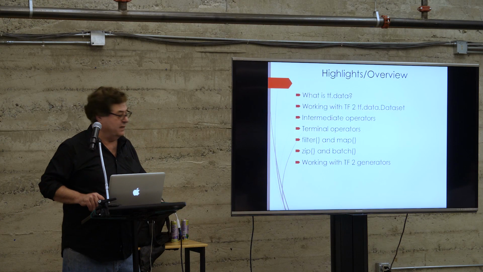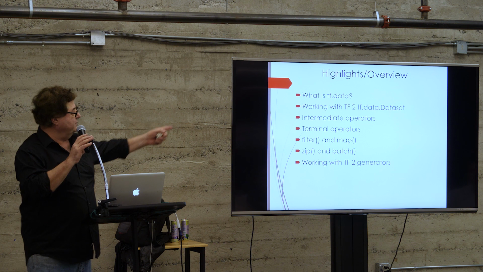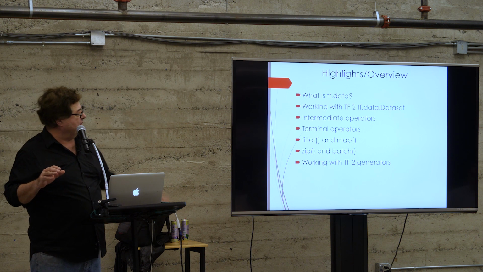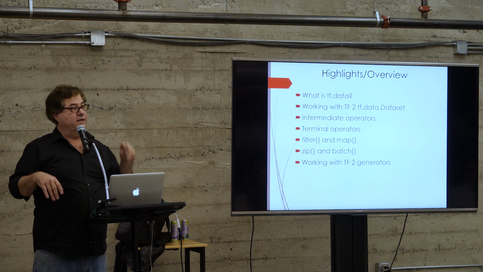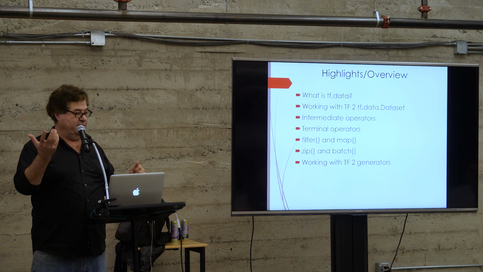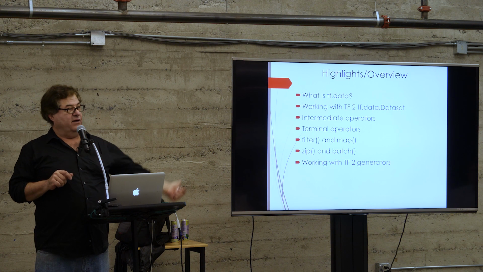So, okay, with that in mind, let's take a look at, I can't see a little bit here. Let me stand over here. So I kind of talked a little bit about this, and the other thing I probably should point out is that TensorFlow 2 has kind of three main parts. One of them is Keras, which I briefly talked about. Another one is TensorFlow distributed, which we're not going to cover tonight. And the third one is this tf.data.